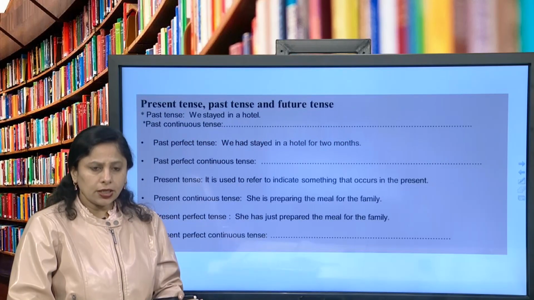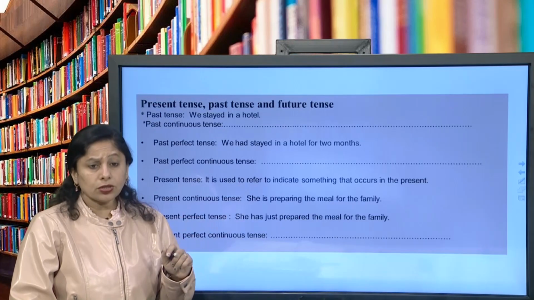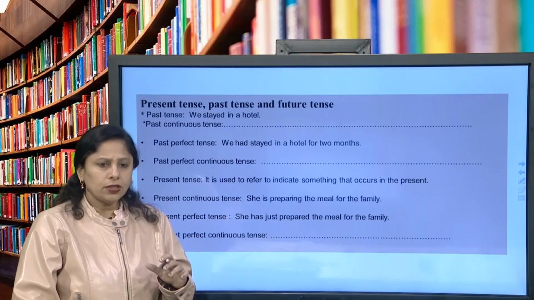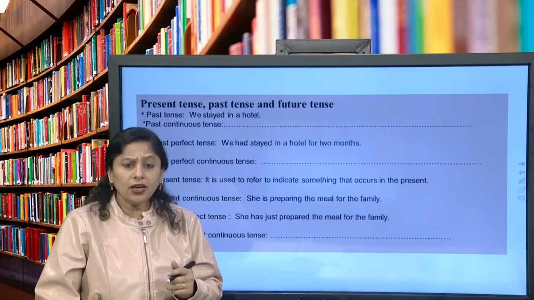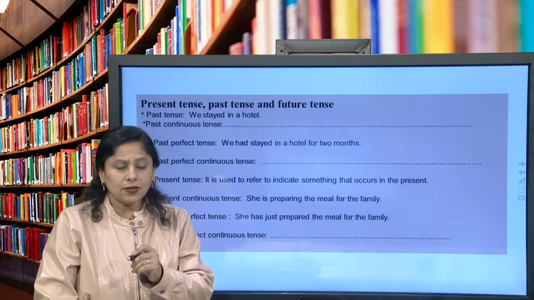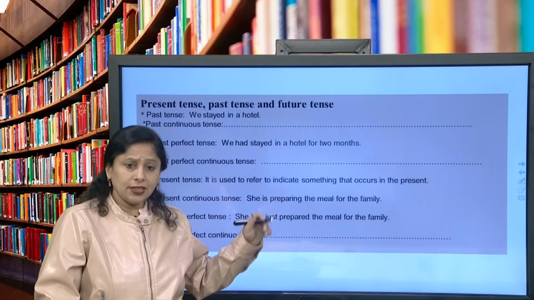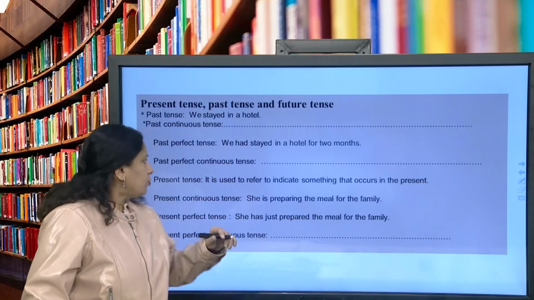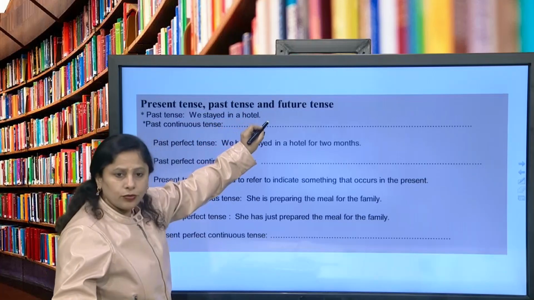So I think you are clear about the regular verbs and irregular verbs, and before that we had discussed the verbals: participles, gerunds and infinitives. Now onwards we are going to study the tenses, because the unit title deals with tenses, verbs and verbals. Afterwards, in the same session, we have to understand the moods of the verbs. First of all, we are going to study all three tenses: present tense, past tense and future tense.